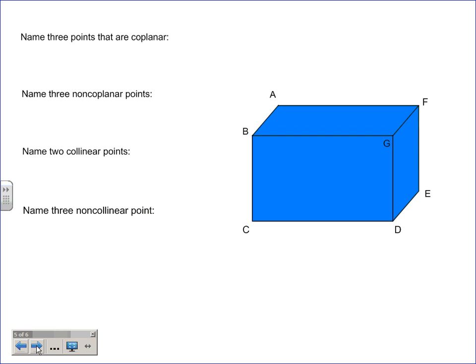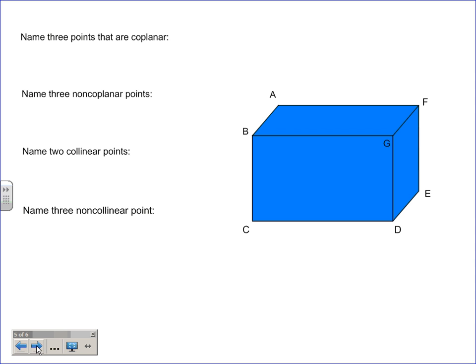So let's name 3 points that are coplanar. And we'll say that the plane actually kind of has to be drawn here. So can anybody just tell me 3 points that appear that they're on the same plane? Kind of think of each side of this box as a plane. Obviously, I know they stop here, and planes are supposed to go on forever. We'll just kind of pretend they do. Yes?